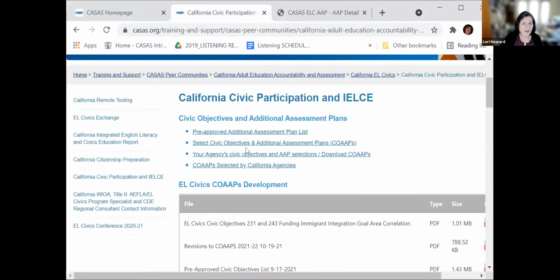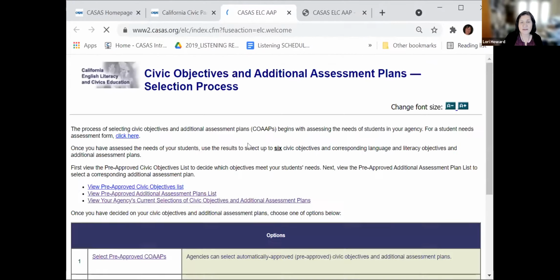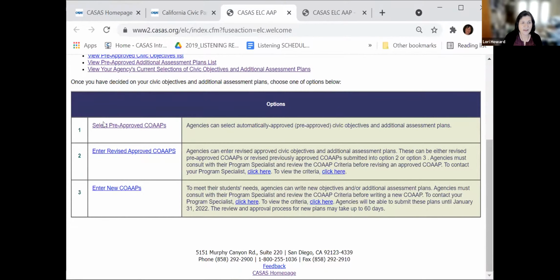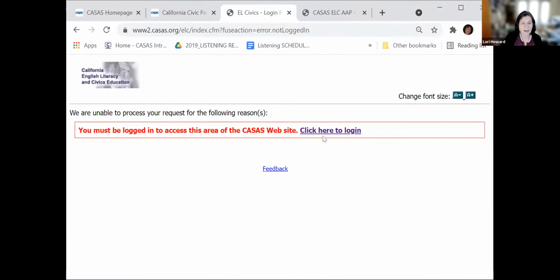Okay, let's go back. So if you've decided you want to use 33.7, then you would go to the select objectives and you would select the pre-approved. Let's see what happens here. You'll have to log in. So you have to have a CASAS